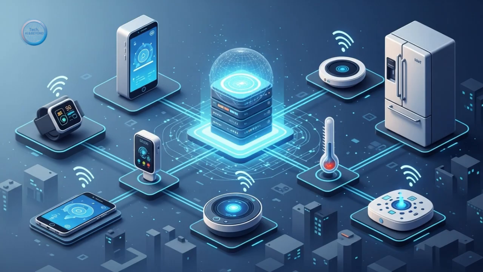Digital twins. Can you explain that a bit more? Sure. A digital twin is essentially a dynamic virtual replica of a real-world physical asset, process, or system. It could be a twin of a jet engine, a wind turbine, a factory floor, even an entire city. This virtual model is continuously updated with real-time operational data fed from the IoT sensors on its physical counterpart. The power here is that you can use the digital twin to run complex simulations, test different operating scenarios, predict potential failures, or optimize performance, all in the virtual world without disrupting or risking the actual physical asset. It's an incredibly powerful tool for design, operations, and maintenance.